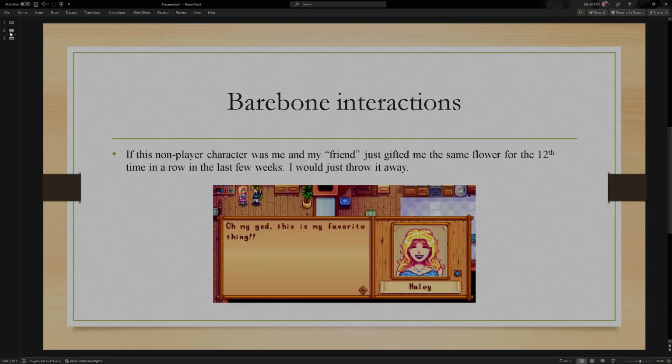The interaction I mentioned before is a real AI user interaction in the very popular game Stardew Valley, wherein the main character can give the NPC Haley a flower twice a week for only a few weeks to be able to become intimate with this character. Which leads to a very transactional interaction between the AI and the user. And this is a leading issue in today's current entertainment media, where it is sending a message that all relationships are built upon transactions.